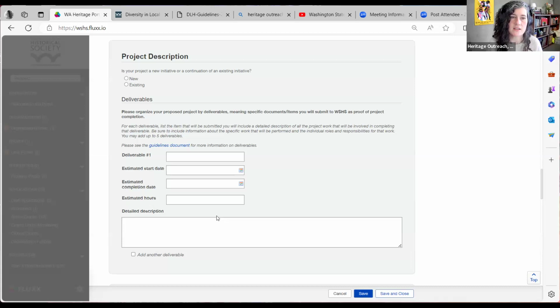And what we mean by deliverables are things that you could show us, and that we could look at to say, oh, this is something that came out of the project.